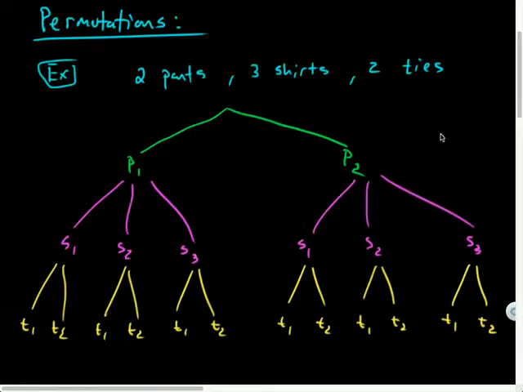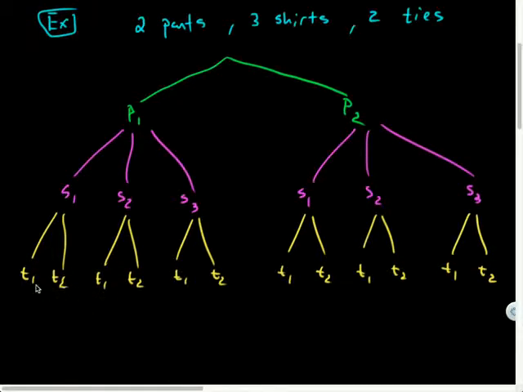Looking at this, it's called a tree diagram, because of the way it branches, and I can now just count how many outcomes there were. So for instance, this little dead end leaf here was pants 1, shirt 3, tie 1, right? Or this one here was pants 2, shirt 2, tie 2, bam, right? So the total number of outcomes appears to be 12. 12 ways that this could have happened, assuming I, as an individual, do not care whether or not I match in any capacity.